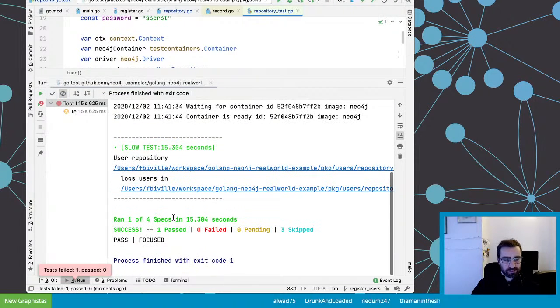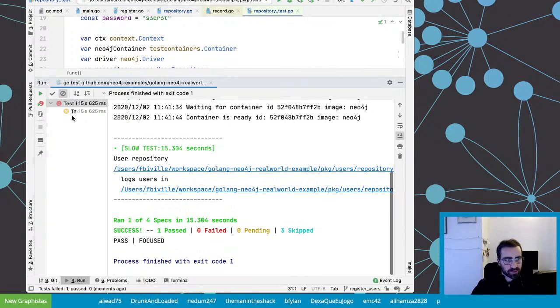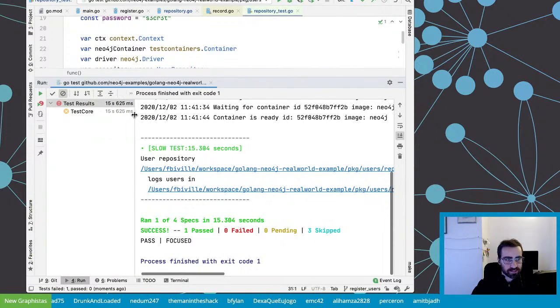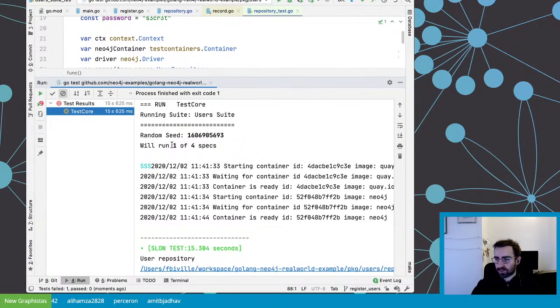And oh, yay, it passed. Yes, great news. It passed, but oh, see, there is a failure. So as I told you last time, because I focused one test and I didn't run the three others, Ginkgo will say, oh, sure, your focus test passed, but the suite failed. Because you don't want to commit partial execution of your test suite.